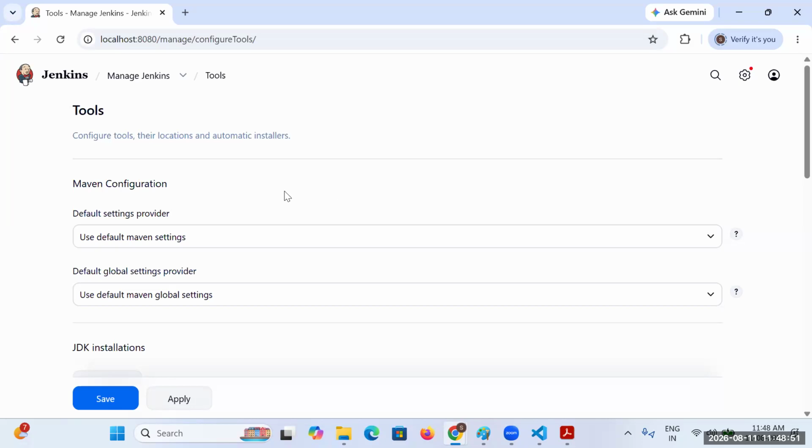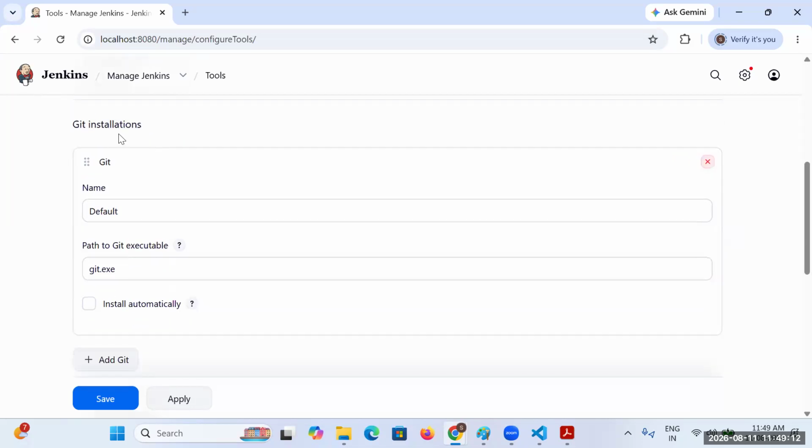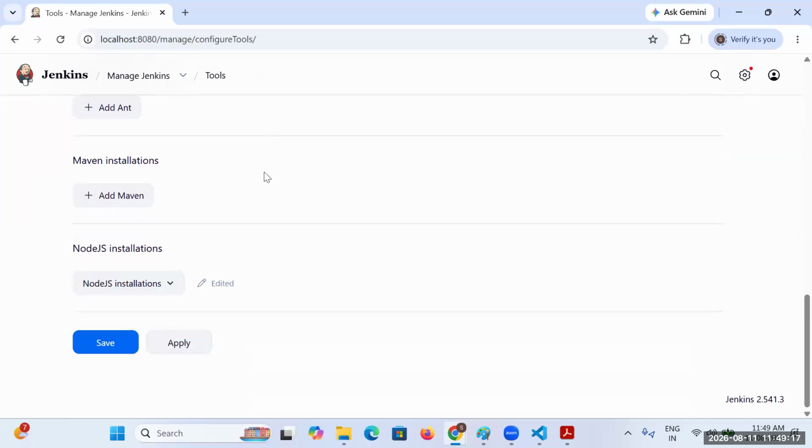This is what Maven means; you need not worry about all these things here. Based on the project requirement, you will go with these different options, such as Maven, JDK, and Git if you're working with GitHub, and multiple other things. For now, we are working with Node.js.